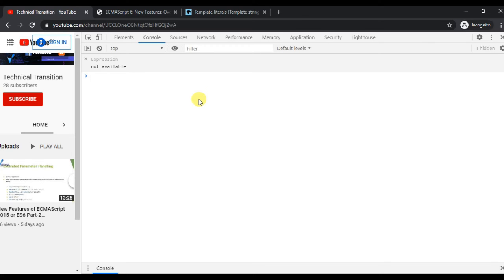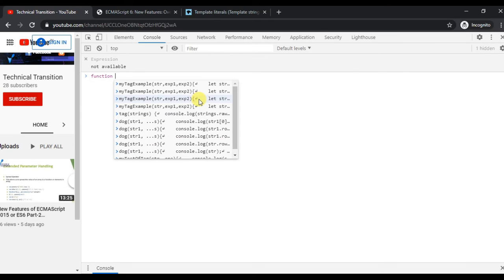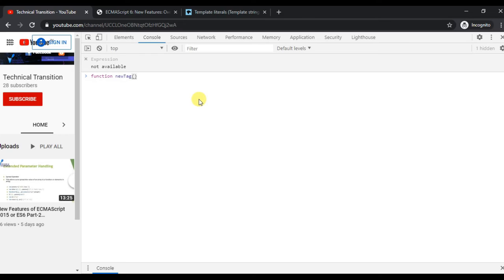I'm just creating a template function, new tag, and I'm just passing a string, and let's suppose age and name.